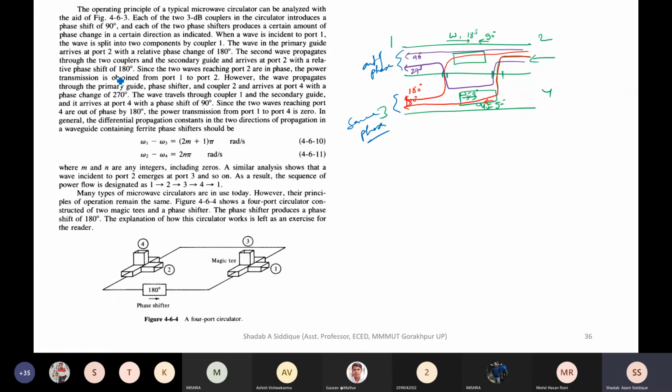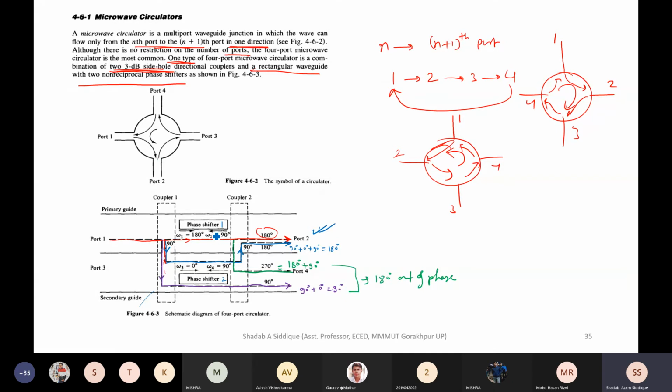So all this explanation which is given here, you can go through this. Whatever I told you: the 3 dB coupler we have, the phase shifter we have, and in the forward direction, whatever phase we are getting from coupler 1 as well as coupler 2. So you can explain it very well. It is very easy to explain. Just keep in mind you should remember the phase shifter value we have. This is taken as phase shifter 1, phase shifter 2. See, if we have a multi-port now, or maybe three directional couplers, then it will change depending on the configuration we have. So not for every configuration will the phase shifter value be the same, maybe it will change, but it should be non-reciprocal.